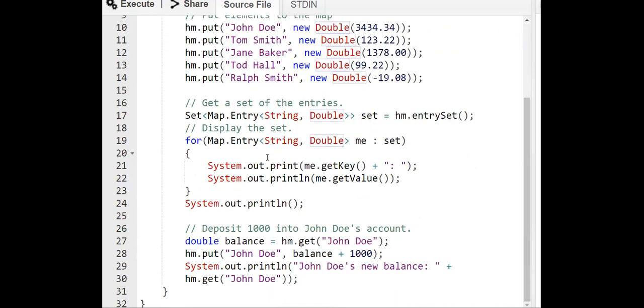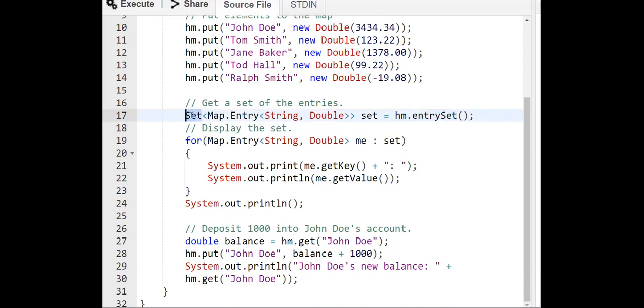Then if we want to extract the values from the HashMap, we have to use Map.Entry. We cannot iterate directly over a map, which we discussed in the previous class. Instead we have to use a collection view, and here such a collection view is the entry set. So hm.entrySet will return a set of all the elements present in the given map.